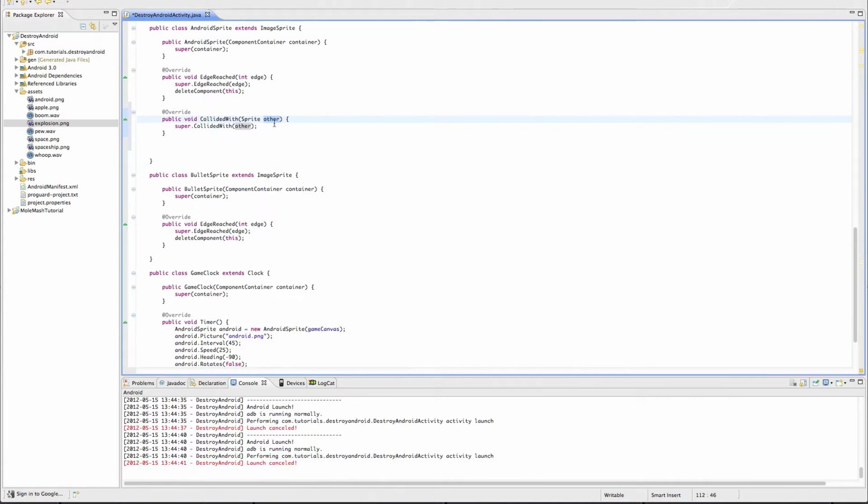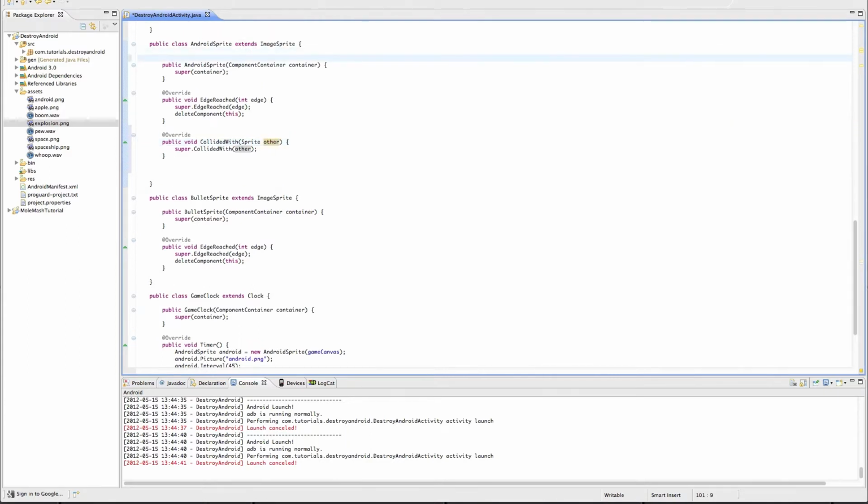Okay, so first things first, we're going to create another image sprite for our explosion. And the way I'm doing this is every Android sprite gets one explosion object. And this is because each Android needs to be able to explode independently of each other. So with a new image sprite that I'm going to call explosion,